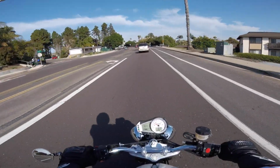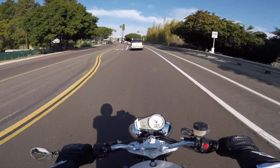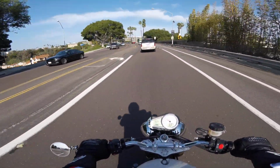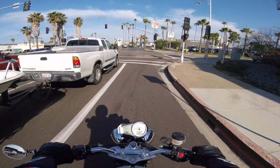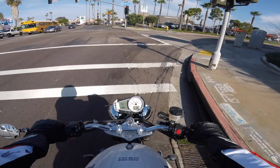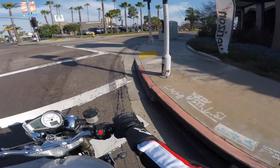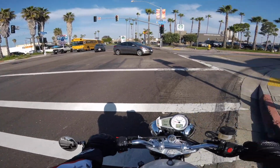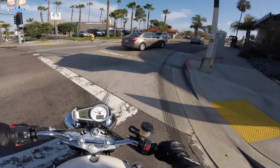I must be getting old because I like the stock exhaust on this just fine. I don't think I would change it. It sounds good. It's got the nice intake noise just like you'd expect from a 3-cylinder, and being a bigger bore 3-cylinder, the exhaust note overall is a lot deeper than the Street Triple, which is to be expected, but